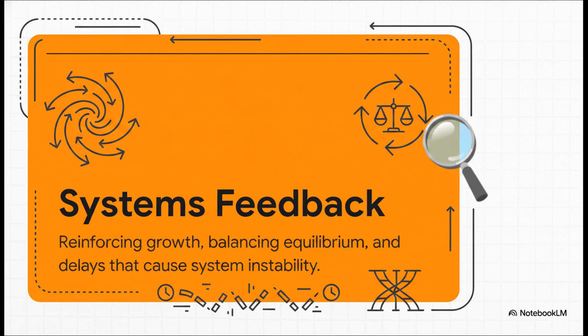Now let's transition back to Dawson for a second to understand the mechanics. Dawson explains that systems are driven by feedback loops. There are reinforcing loops, which basically act like an amplifier, driving extreme growth or extreme decline. Then there are balancing loops, which are super goal-oriented and try to maintain equilibrium, kind of like the thermostat in your house. And crucially, there are delays. These are inevitable gaps in time that very often cause systems to become wildly unstable. These invisible forces are what's driving the interactions we just saw.